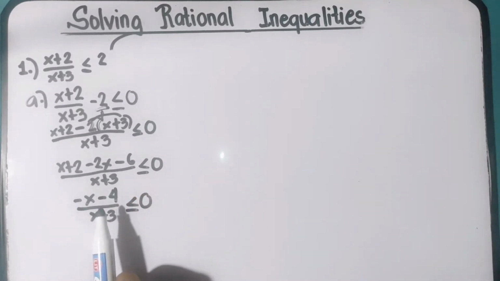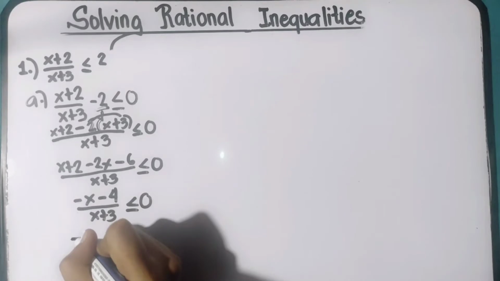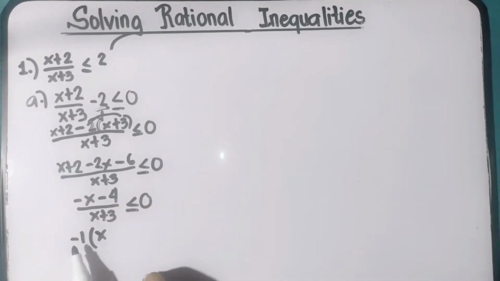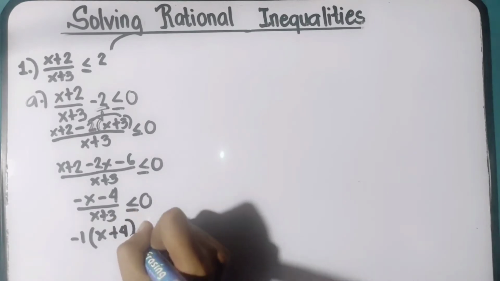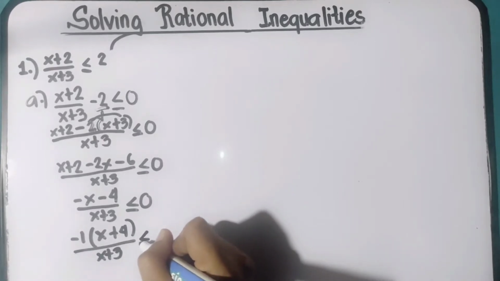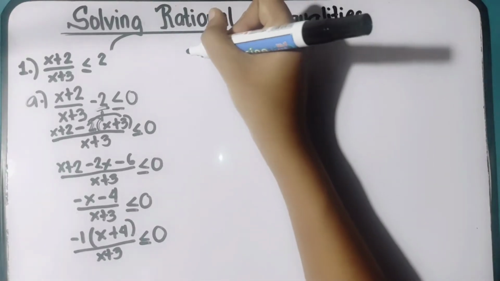To make x positive, let us multiply this with negative 1. Negative 1 times x will now be positive, as well as 4. Copy the denominator, (x + 4)/(x + 3) ≤ 0. Next step